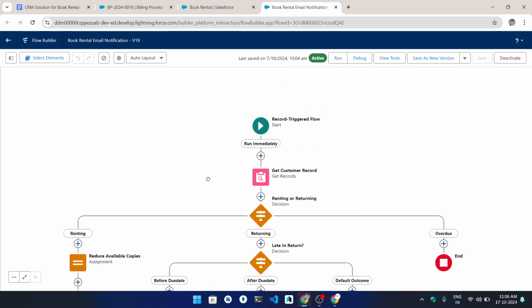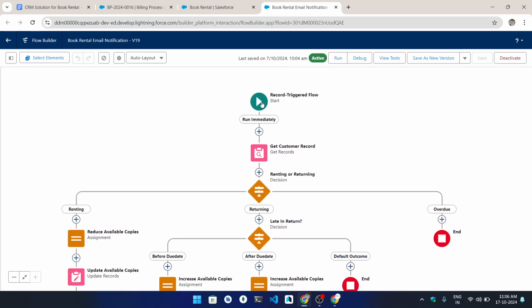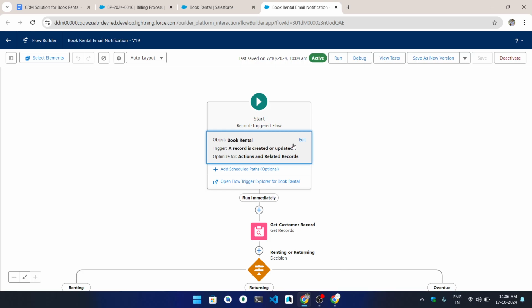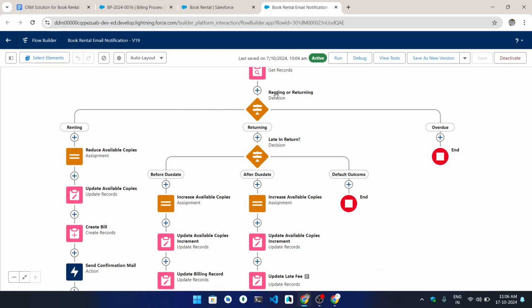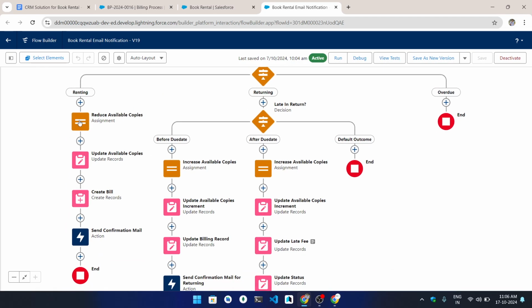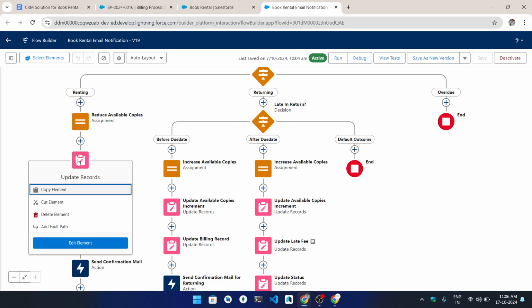So this is the flow that I have created. This is a record-triggered flow on the book rental object. It will trigger when a record is created or updated, run immediately, and get the customer record. Now it will check the decision, whether it is renting or returning. If it is renting, then reduce the available copies. You have already seen that the available copies are being reduced, because 490 available copies were there, but after renting the book it has reduced to 390. That means this is working,